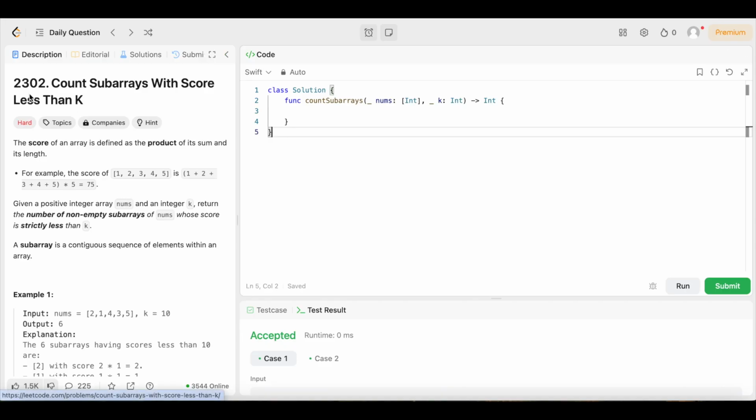And today we have question number 2302, count subarrays with score less than K. The difficulty level is hard, but don't worry because we're going to keep the solution as simple and easy to